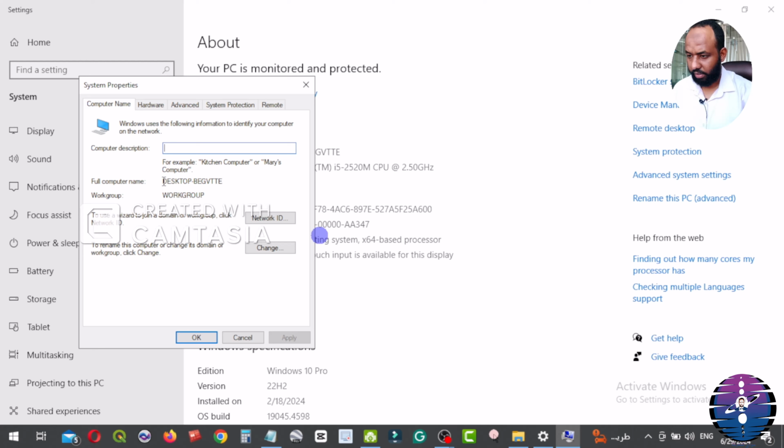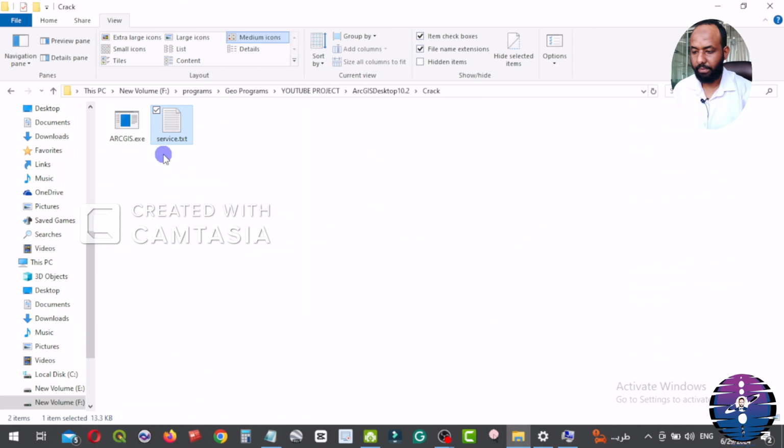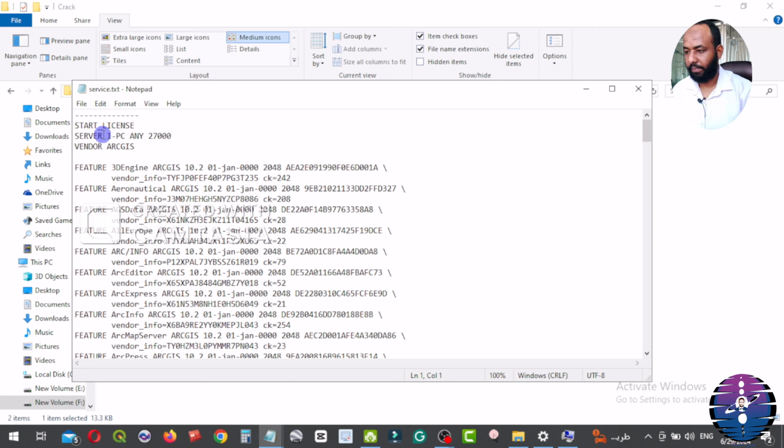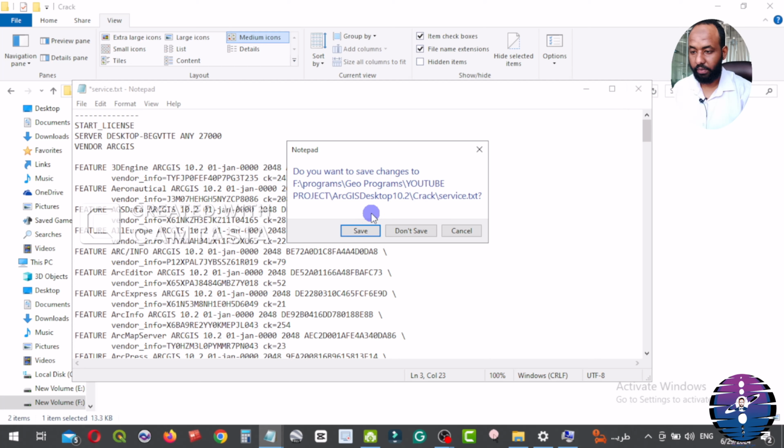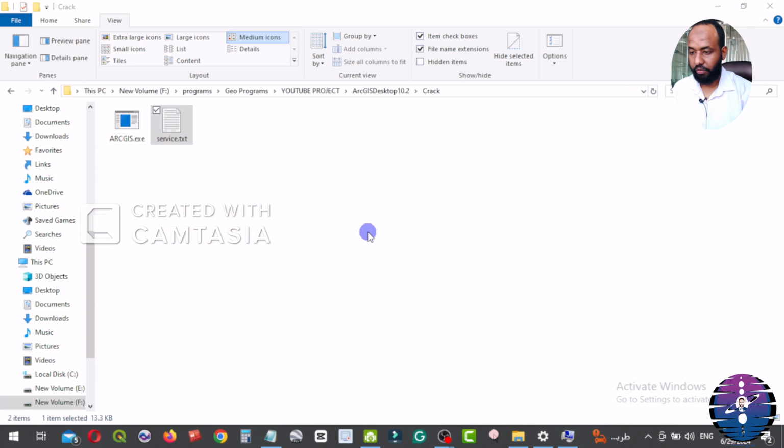Here, take PC name, copy, paste, then close file, save.